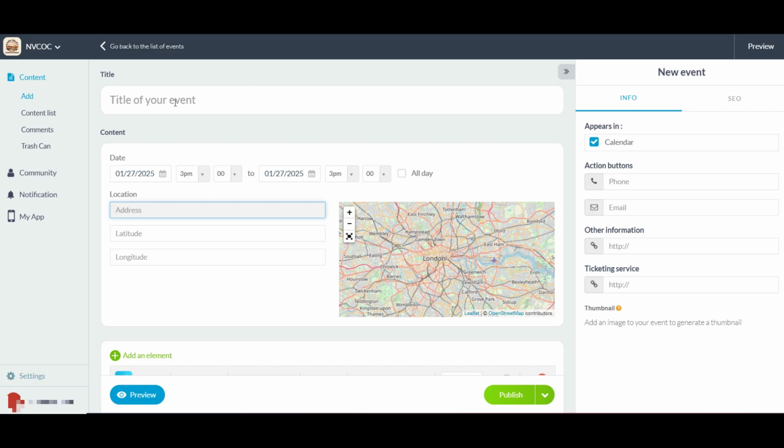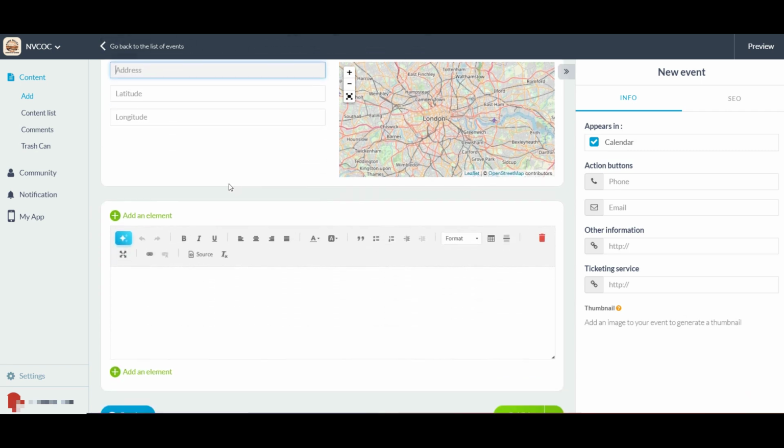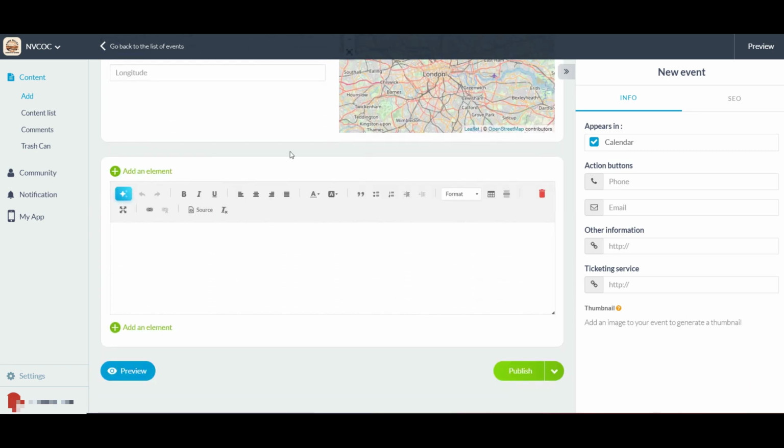So here you have the title. You can set the date, the time, when it ends, or make it all day. The address of the location, if you want to put in the latitude and longitude of the location. Down below, we have this area where you can actually type in information about the event. You can do a preview,